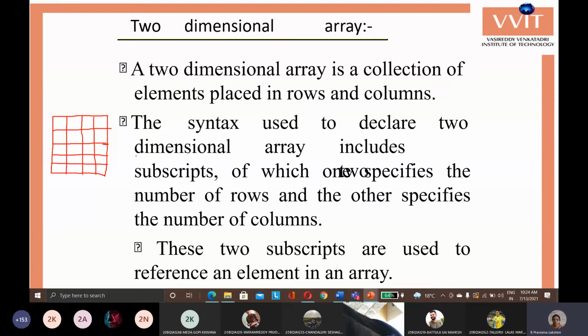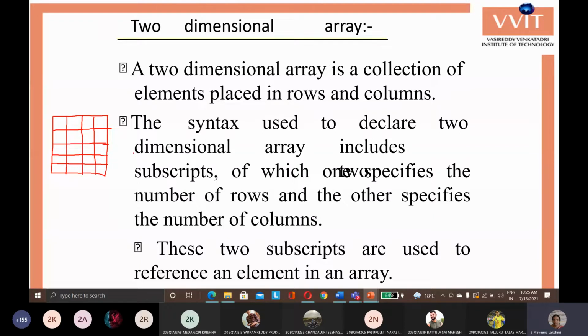But whenever we are dealing with two-dimensional arrays, all the elements must be of the same data type. If you are storing one element as a float, all the elements must also be float. If one is an integer, all the elements must also be integers. We cannot differentiate the data type. So we can store only one type of elements as tabular data.